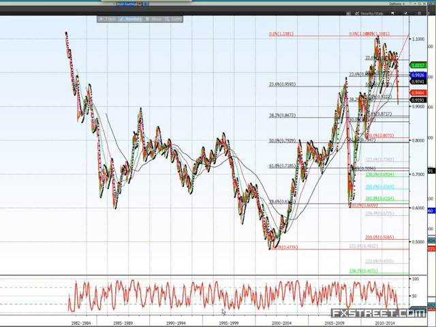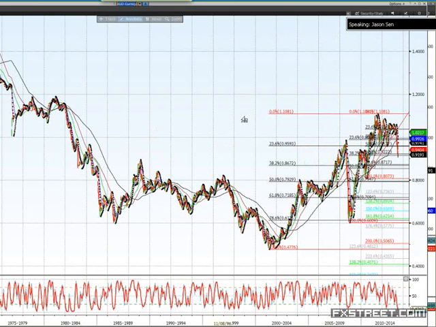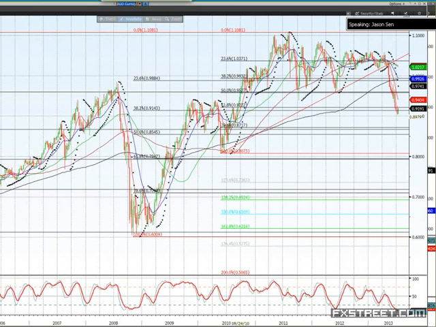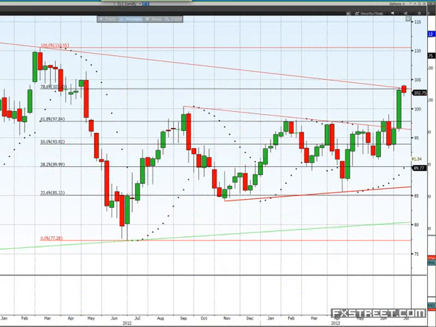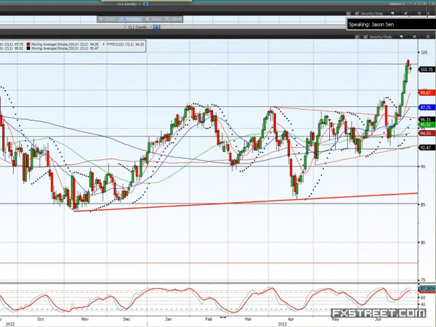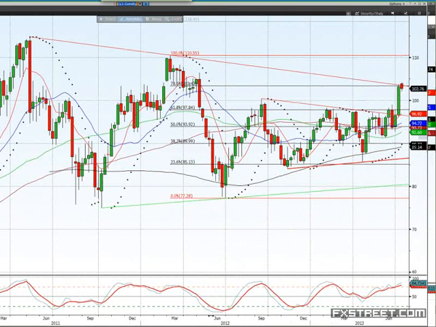Okay, so we will have a look at crude oil, which was on my list for today because there's some interesting things going on there as well. Okay, weekly chart. The important thing here is that trend line going back to the middle of 2011. So this is the area we're looking at. I'm just trying to highlight that trend line there. You can see it's pretty important.